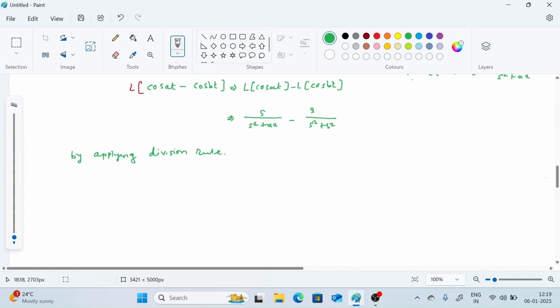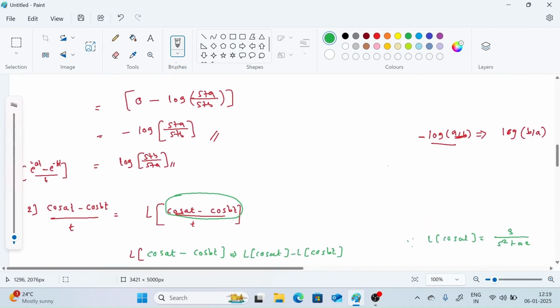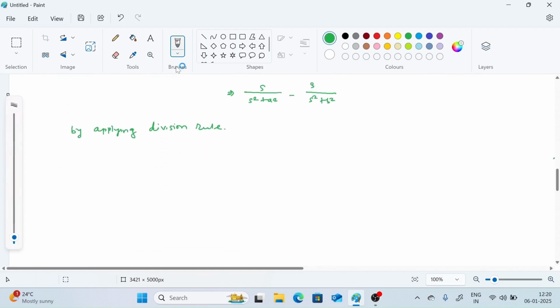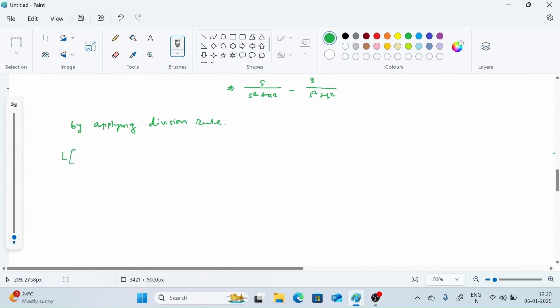Now I have got the value for this term cos at minus cos bt, but we have to find the Laplace for this entire term, right? So what can I write? I will write Laplace of cos of at minus cos of bt upon t is equal to,